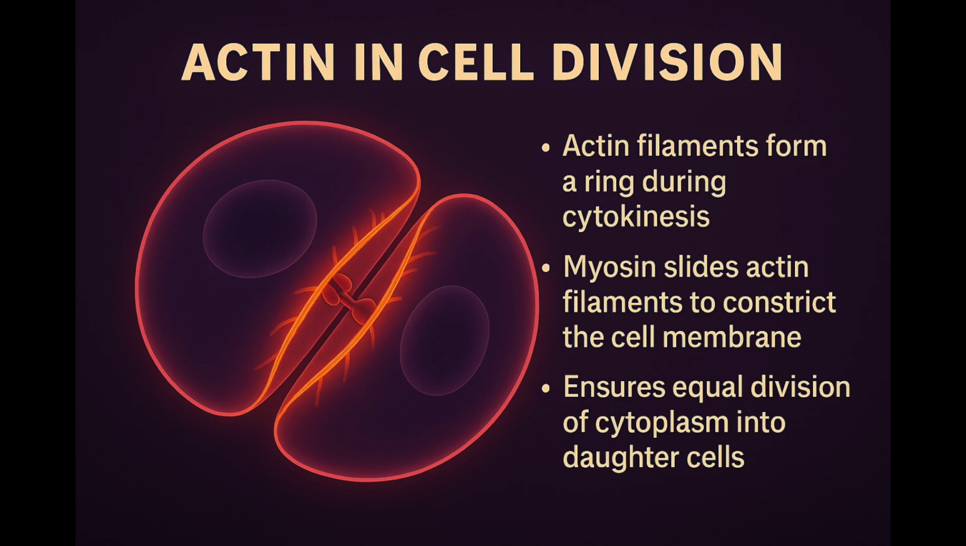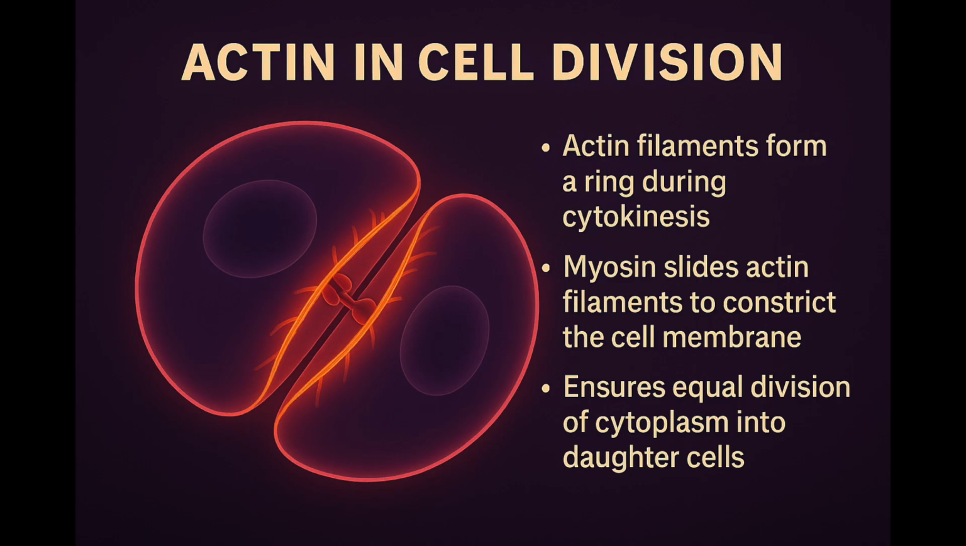When a cell divides, actin takes on an even more critical responsibility. After the chromosomes separate during mitosis, the cell must physically split into two daughter cells. This final step is called cytokinesis, and it's powered by a structure known as a contractile ring. The contractile ring is made of actin filaments arranged in a tight band around the middle of the cell. Interwoven with these actin fibers are myosin motor proteins, which slide the filaments past each other, tightening the ring like